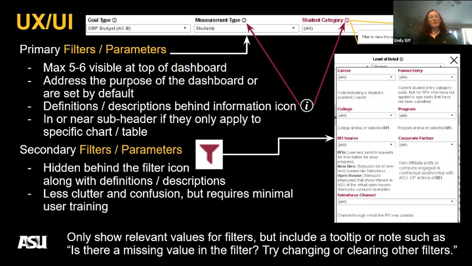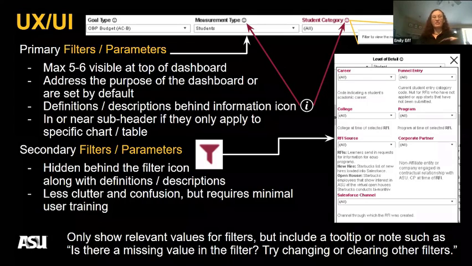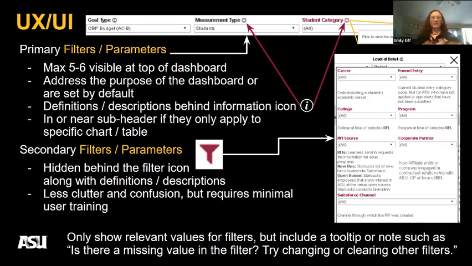If a filter or parameter is applicable to a specific chart or table, we will move that from the top of the page to either into or just below the subheader for that chart or table. That way you recognize it's relevant to only that subsection. Definitions for the secondary filters and parameters, as I noted, get put behind a filter icon. And we just put those in with the selection